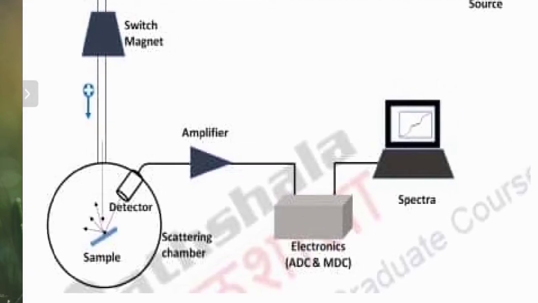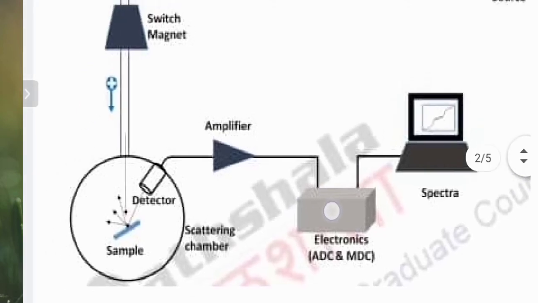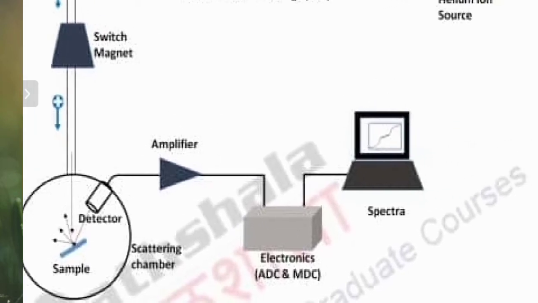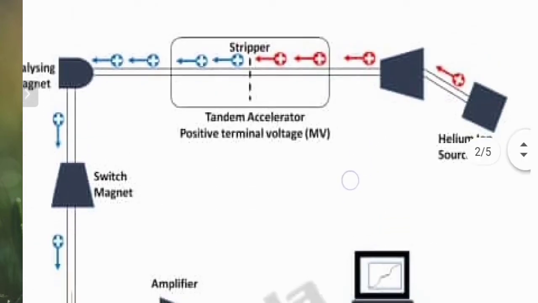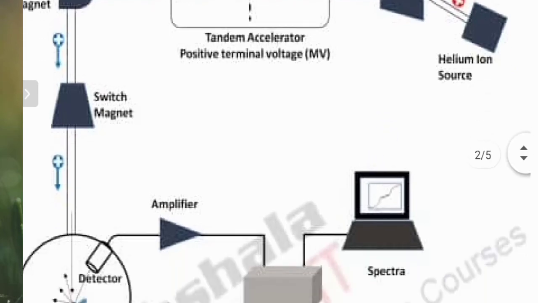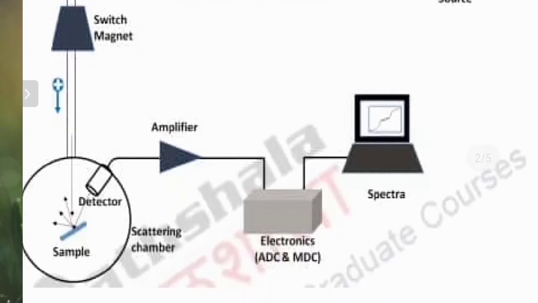Okay, so this electronic part also involves some complicated things. Various conversions are there, for signal conversions, and we are not going to go into details of that. The important thing is the basic principle and outline of the whole instrument. Instrumentation and explanation of those particular components is important.